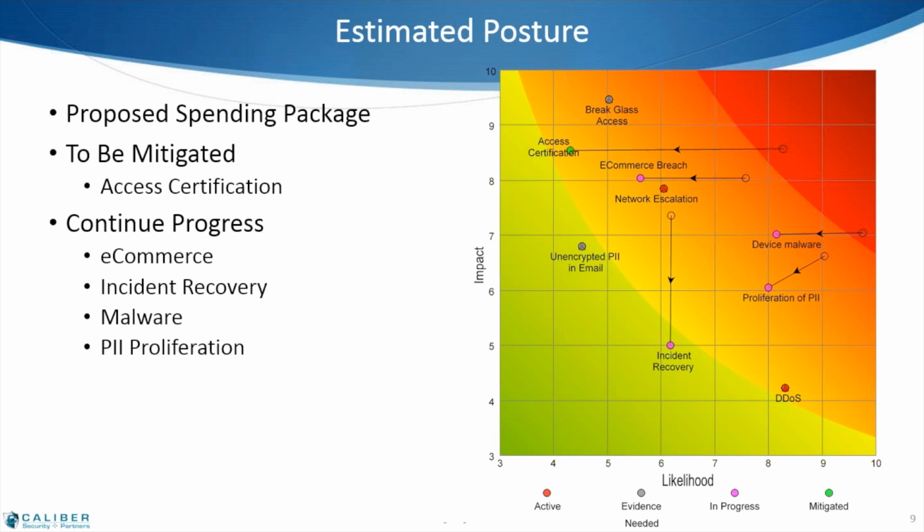So this is another kind of before and after picture. We use the vectors on the heat map again. And some key stories here are: are we going to be partially done, or do we think we're going to be at a point where this risk is at an acceptable level? And that can be a real powerful message for multi-year initiatives to set expectations that, hey, when it comes to